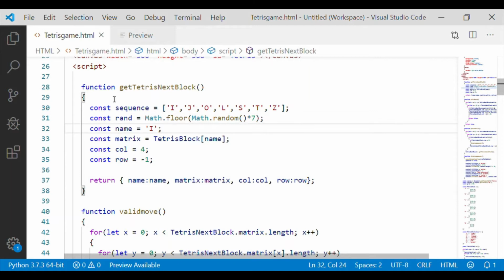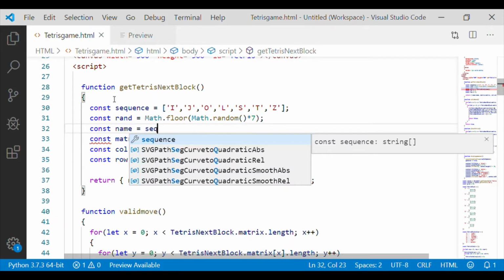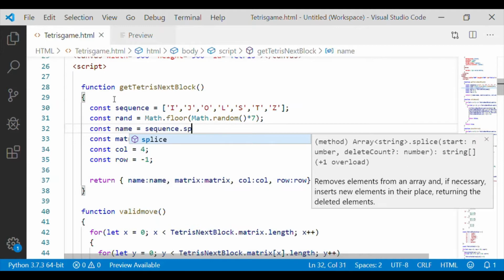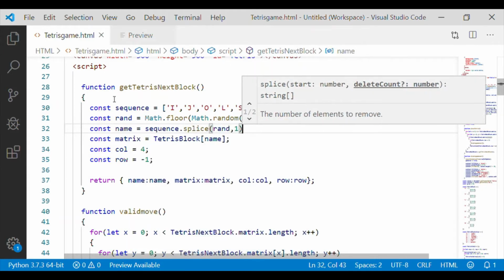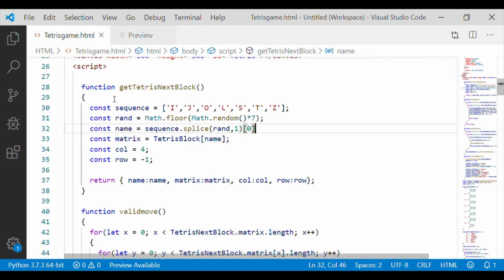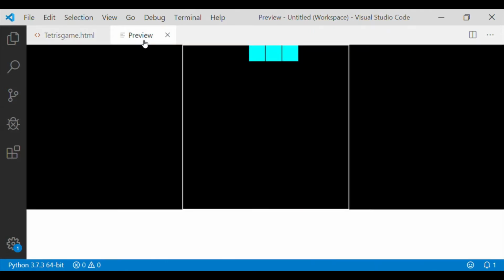For that I will use Math.random multiplied by 7 so that it is between 0 and 7. The random number generated shall be between 0 and 7. And using splice we will take the first element of the sequence array. Once again I am reading it. Inside the getTetrisNextBlock we are using the random method Math.random multiplied by 7 to get the